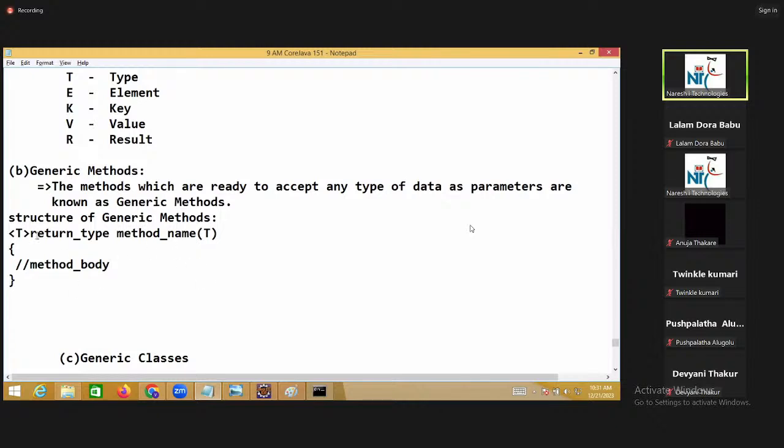The meaning is, it can return any type of data, and it can take any type of data as parameter.